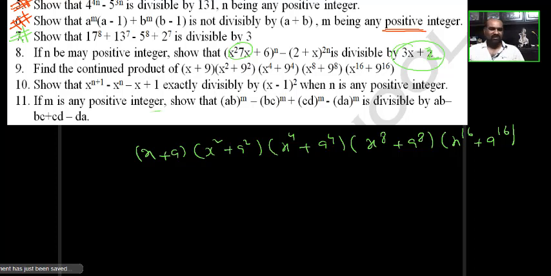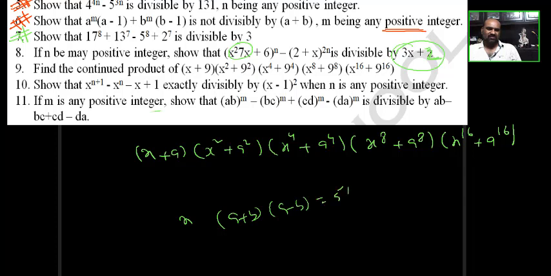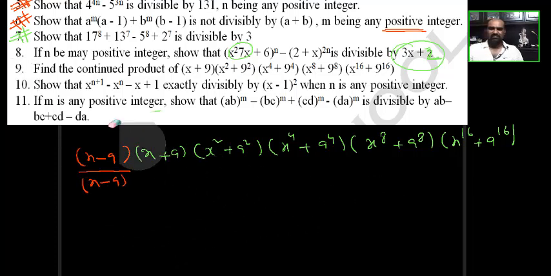Logically you want to multiply now. So what is the logic involving the problem? That is (a plus b) into (a minus b) is equal to a square minus b square. Here x plus 9 is there, no? I want one x minus 9 here. Then this product is nothing but x square minus 9 square only. That's why I am multiplying with x minus 9 and dividing with x minus 9, provided x is not equal to 9. With that condition, I will write x is not equal to 9.